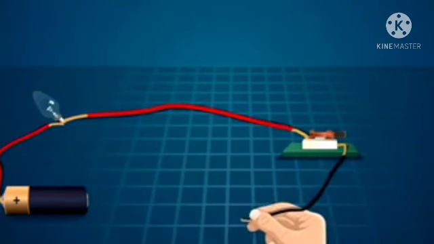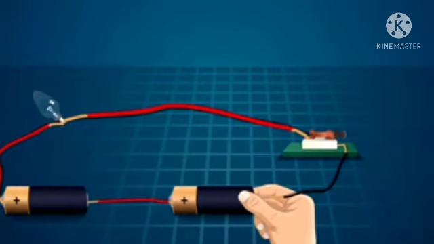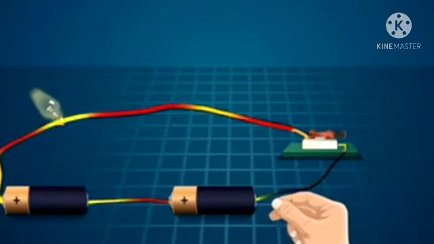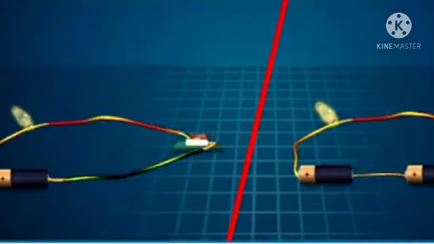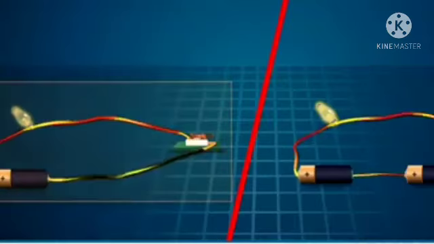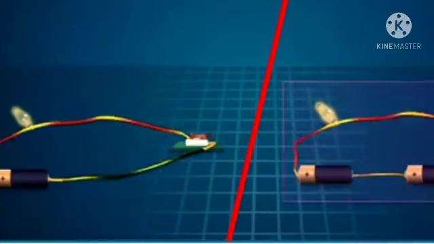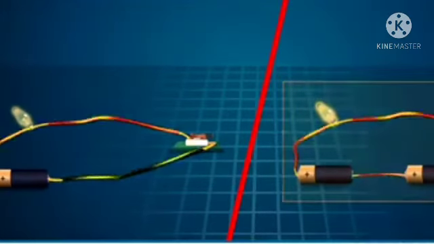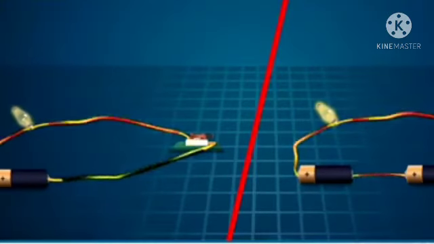Disconnect the negative terminal of the cell and connect another cell to it. Now connect the switch wire to the negative terminal of the cell. Observe the intensity of light. Observation: from the activity, we observe that the intensity of the bulb is less when a single cell is used in the circuit. Similarly, the intensity of the bulb increases when two cells are connected in series in the circuit diagram.